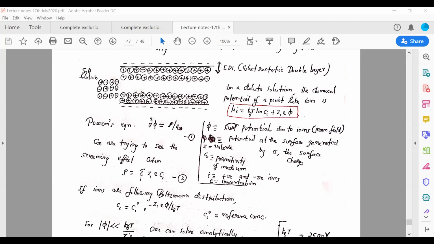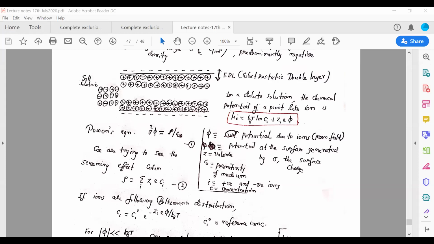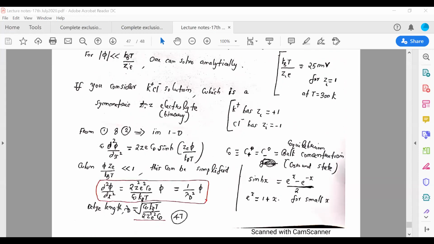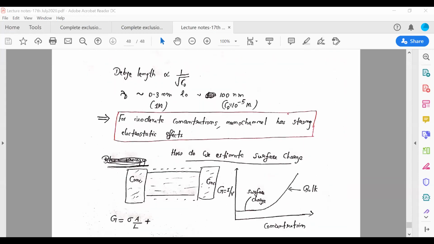So this concentration enhancement is seen at lower concentrations, because at higher concentrations you only have a few layers which screen the surface charge. So you will see the electrostatic effect only at low concentrations. Incoming ions will experience the electrostatic effect at low concentrations. I hope this is clear. Did you understand?